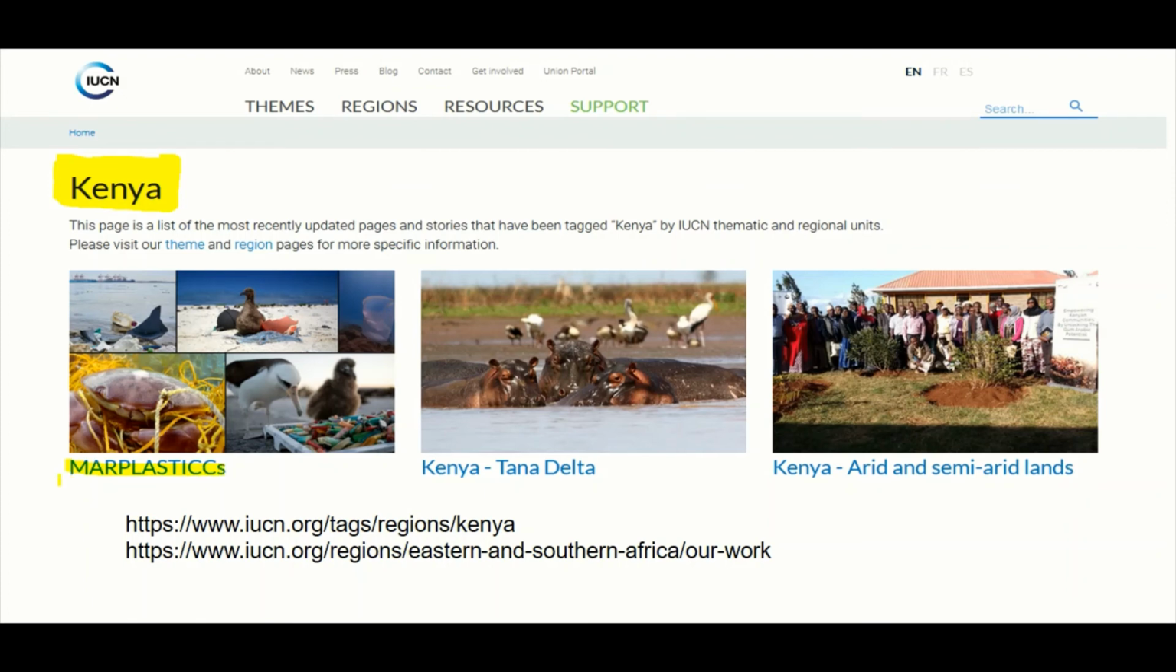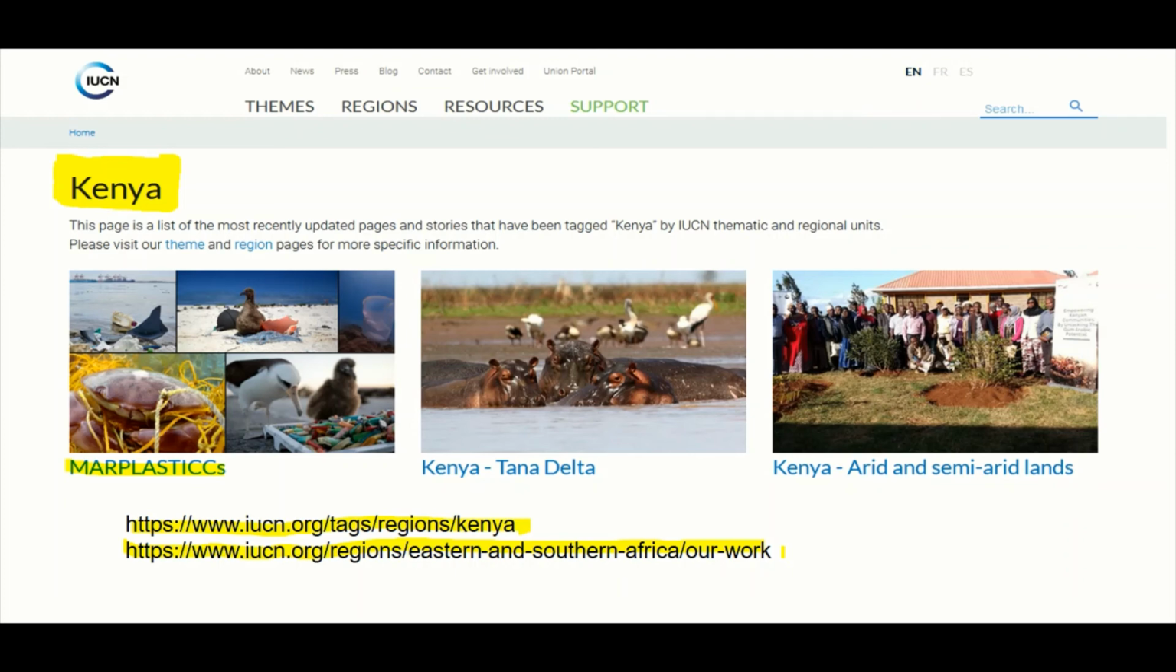substances. You can see the conservation of marine plastics, the Tana Delta. You can see Kenya arid lands. This is a website I want you to go and check. I have put links down here because it will help you look at some of the conservation assessment work that has been going on in Kenya